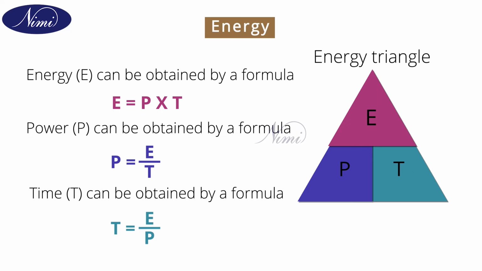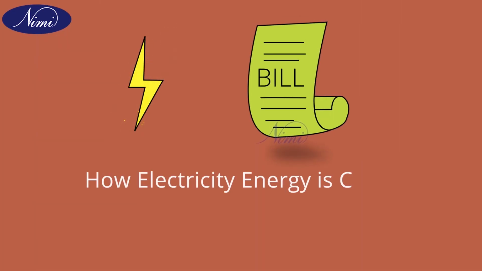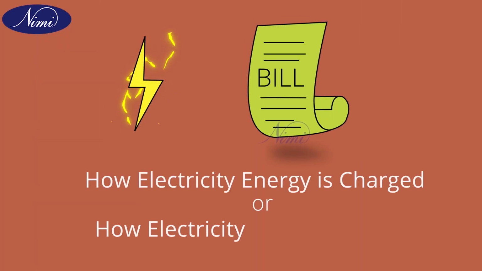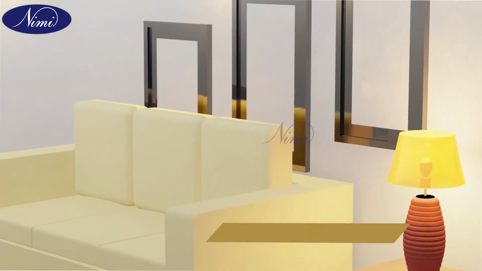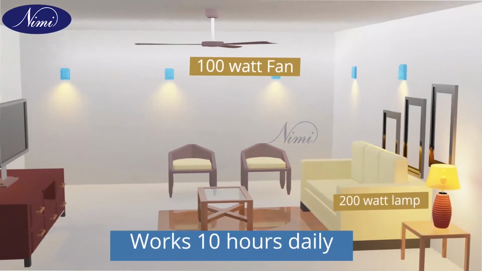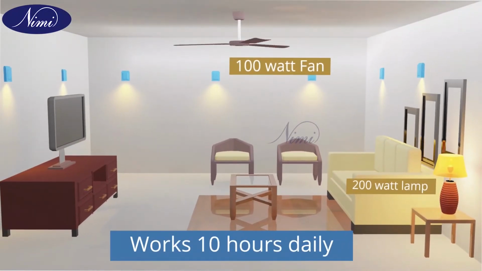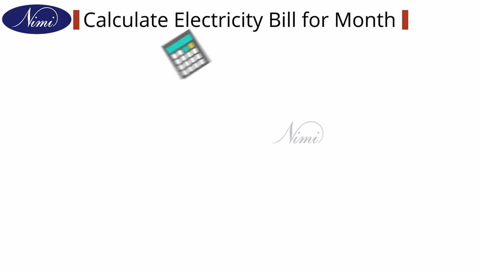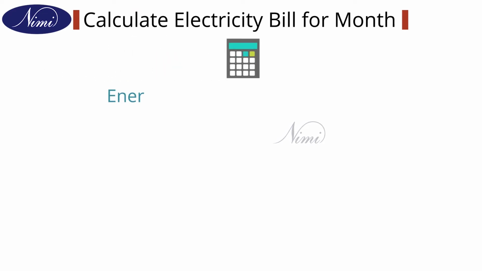Here we are going to see how electrical energy is charged, or how an electricity bill is calculated. Let us assume a 200 watt lamp and a 100 watt fan work 10 hours daily. For this load assumption, we are going to calculate the electricity bill for a month. To calculate energy consumption